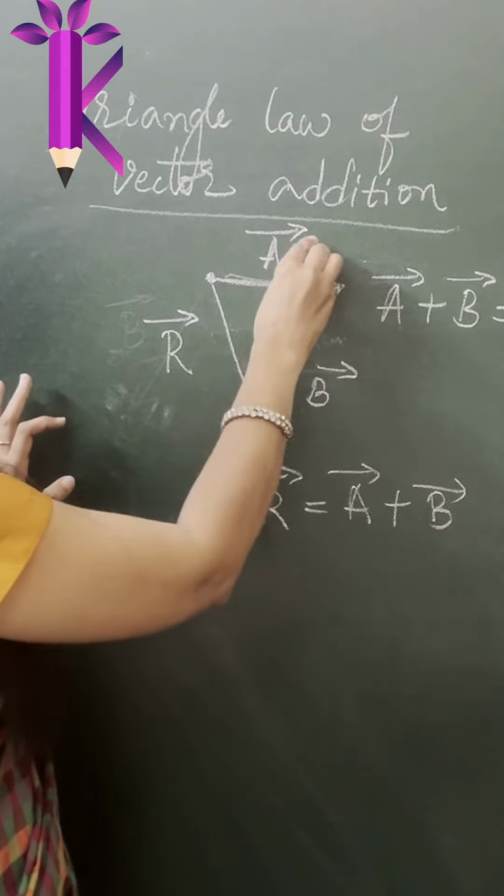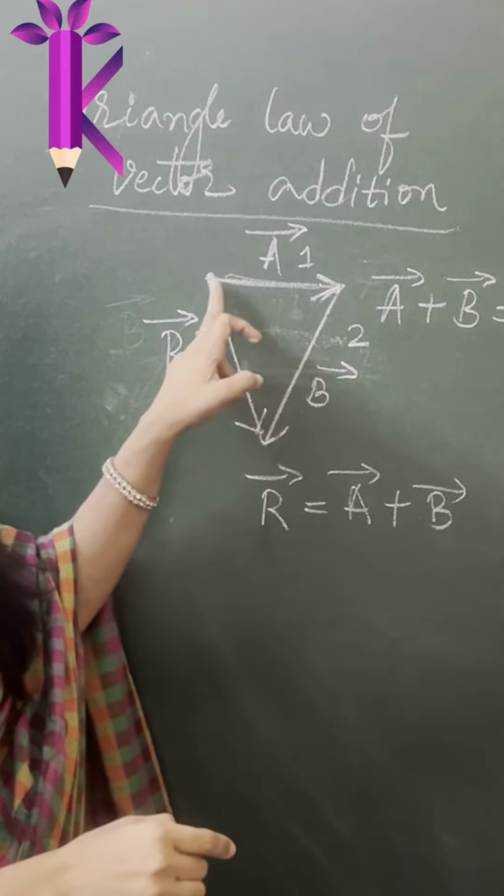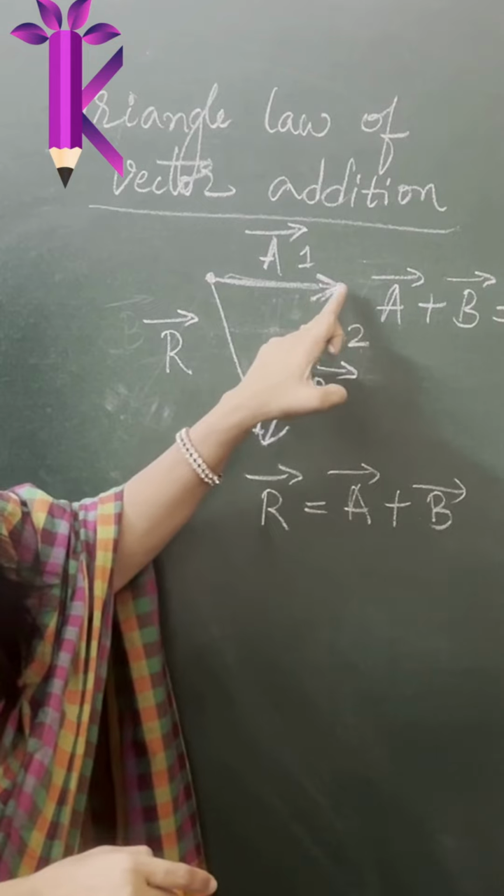So this is your vector 1, vector 2, and this is your resultant vector. So vector 1, tail to head, then again tail to